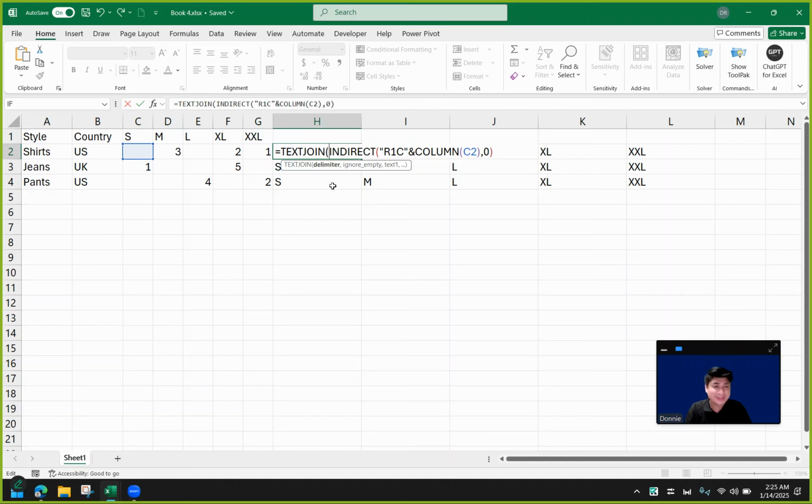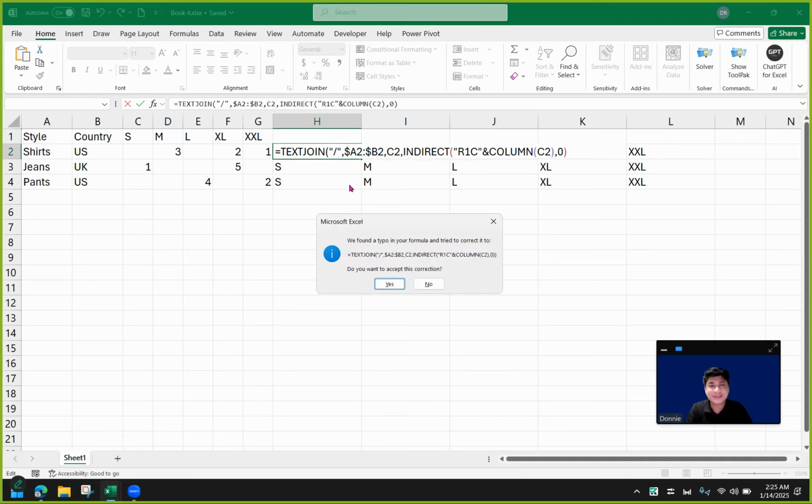So text join is like concatenate, but it allows you to put a delimiter, okay, in your concatenated values. So what I'm saying here is that I'm going to join, okay, first these two cells over here, and then I'm also going to join in or bring in the value of C2. Take note that I have to separate A2 to B2 and C2 because C2 will be dynamic. It will be dragged later on. But for A2 to B2, I have to make it stick or absolute or locked for column A and B